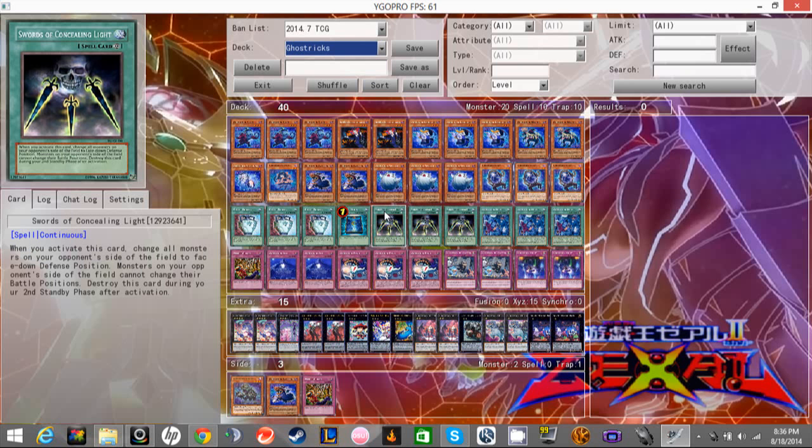3 Swords of Concealing Light. Now, for those of you who don't know what this card does, yes, it's basically a reverse Swords of Revealing Light. Except for the fact that if the opponent flip summons... Wait a second. When you activate this card, change all monsters on your opponent's side of the field to face down defense position. Completely opposite of Swords of Revealing Light. They cannot change their battle positions, and destroy this card during your second standby phase after activation. So, depending on timing, it destroys itself a bit earlier, but